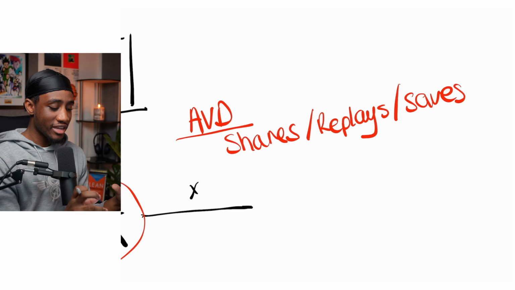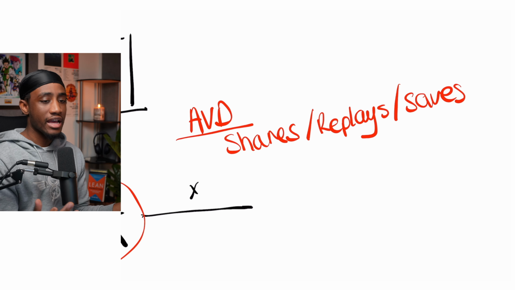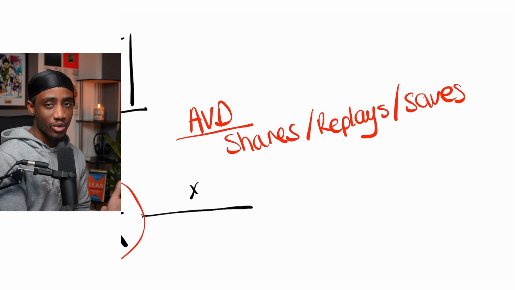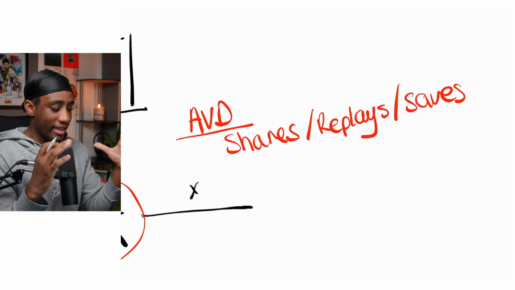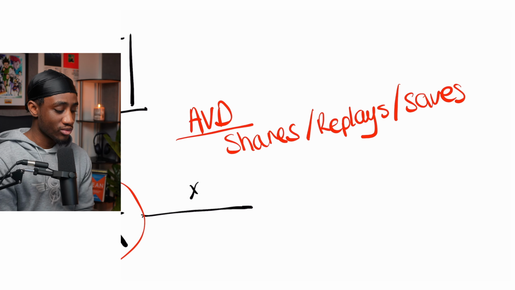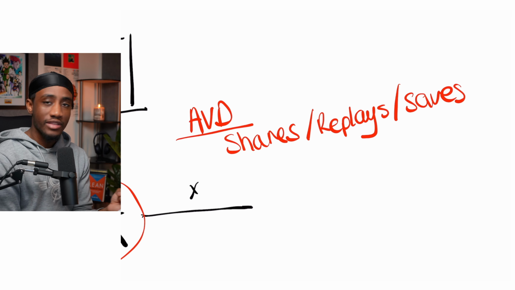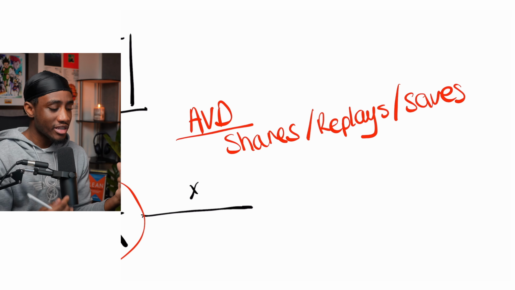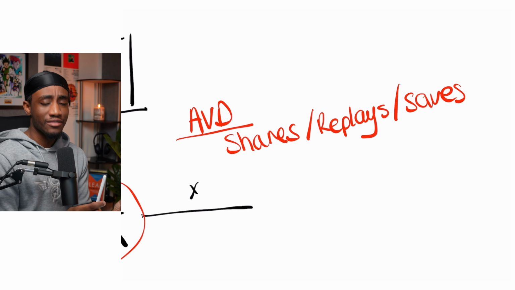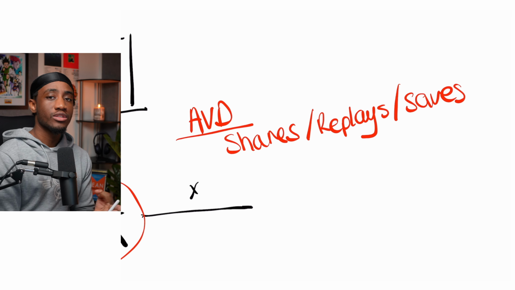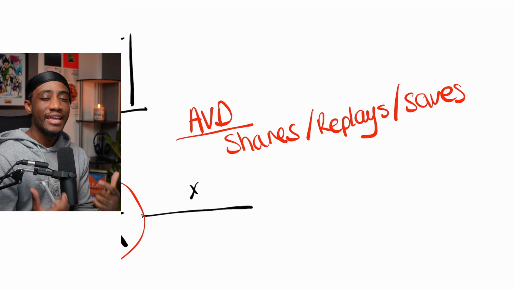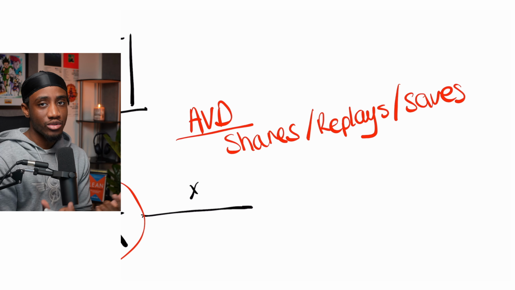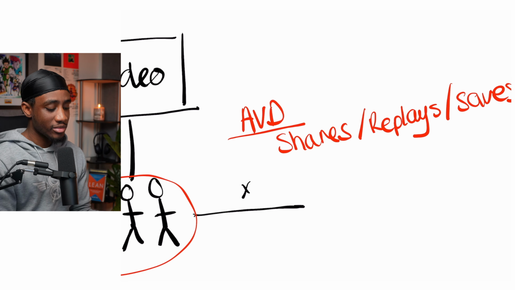And the reason that these shares, replays, and saves are prioritized over comments and likes is because some people save a video and don't like it. Some people comment and don't like it. And shares, replays, and saves indicate to Instagram that, one, if they share it, the video is valuable. If they replay it, the video was so good that you want to see it again. And if you replay it, the average view duration is even increasing, meaning you're staying on the platform for longer. If you share the video, other people, you're bringing them onto the platform. When you save the video, it shows that you're intending to go back to it and the video is good or valuable or useful. So they prioritize that video being pushed out.